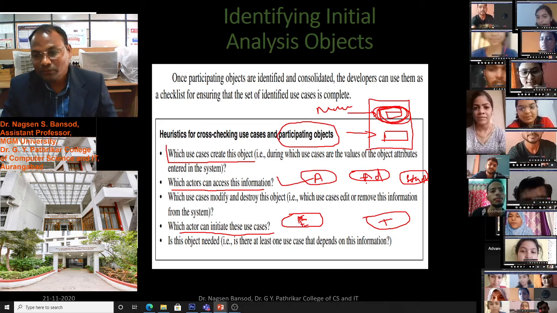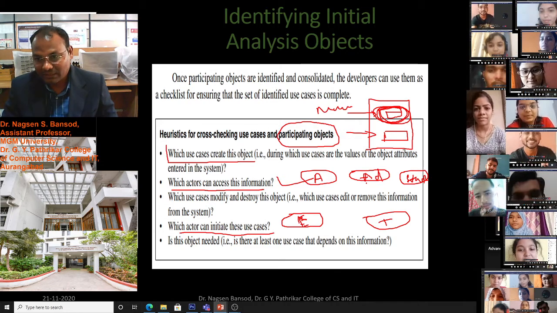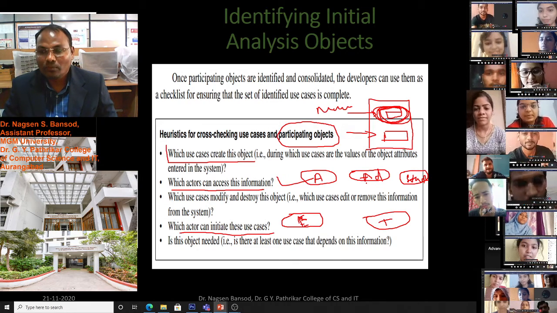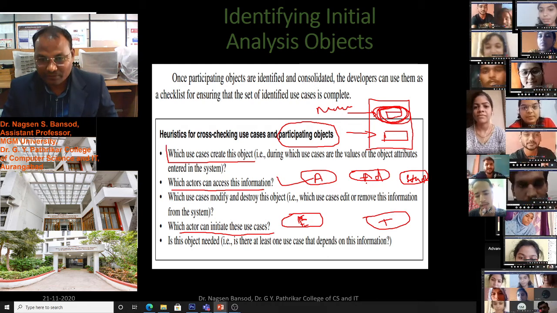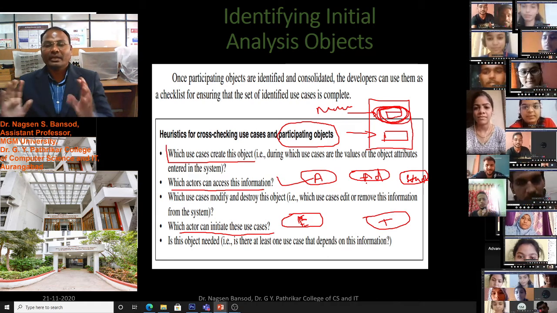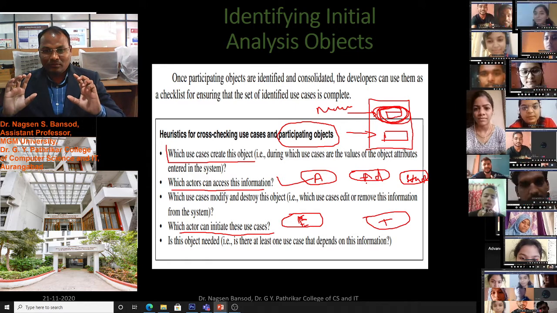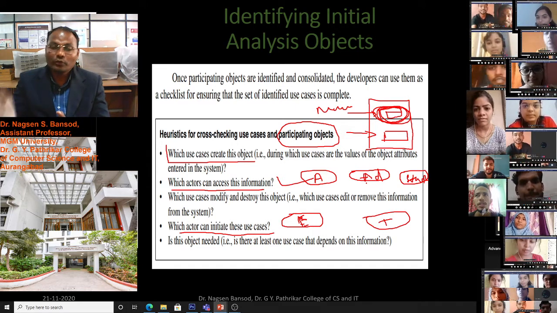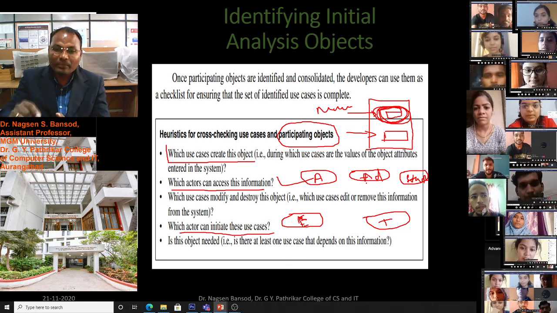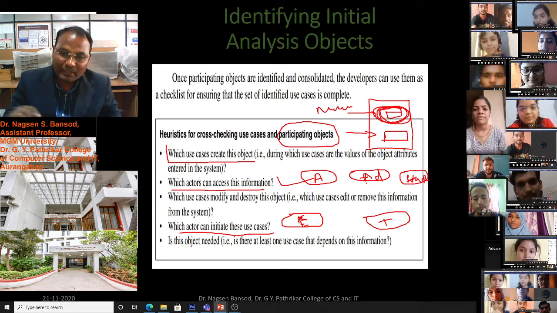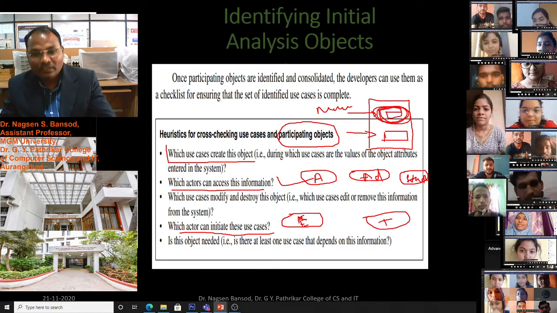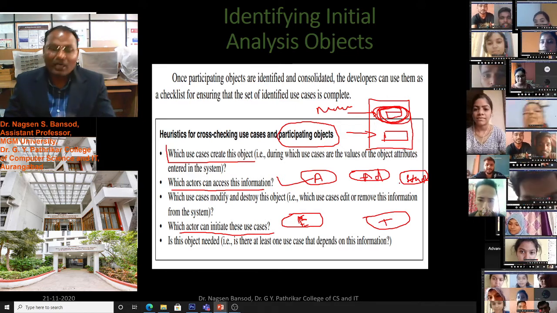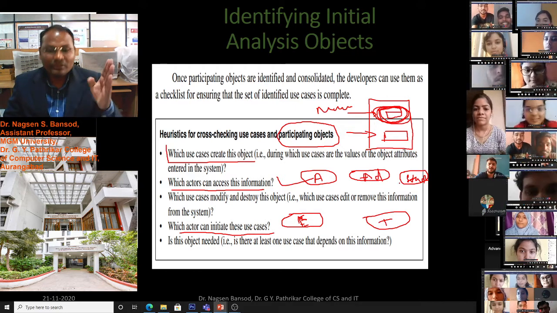For example, suppose you want a bona fide certificate from college. I cannot take your bona fide certificate from our college for you. You have to initiate first with the help of an application. You have to write the application form, then your bona fide process will start.